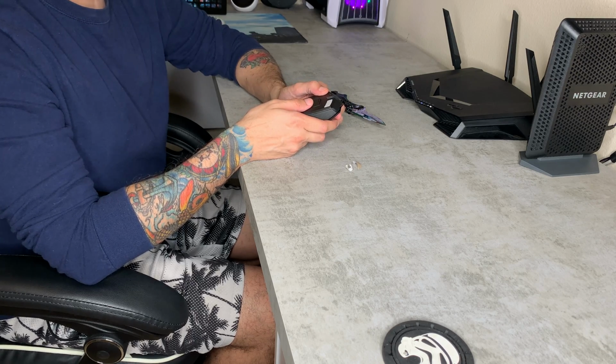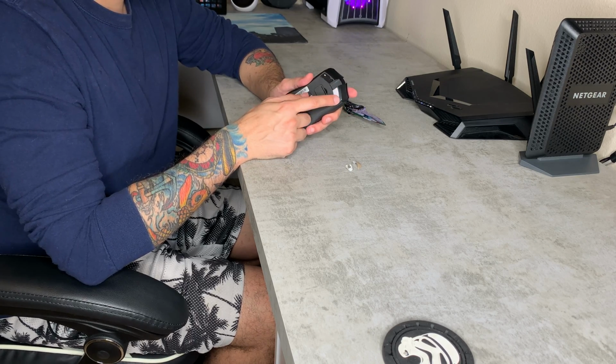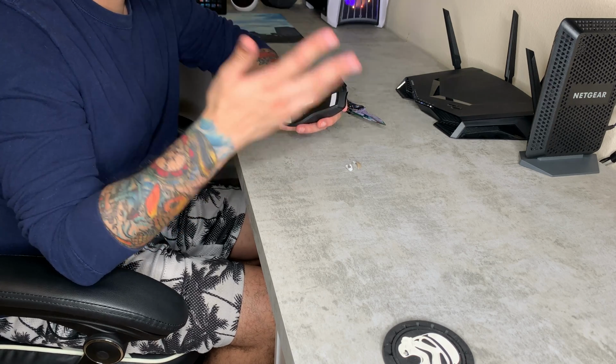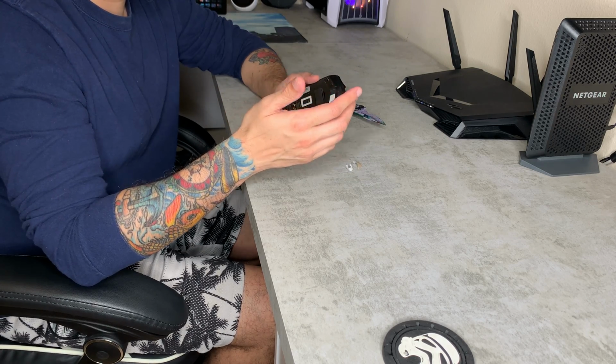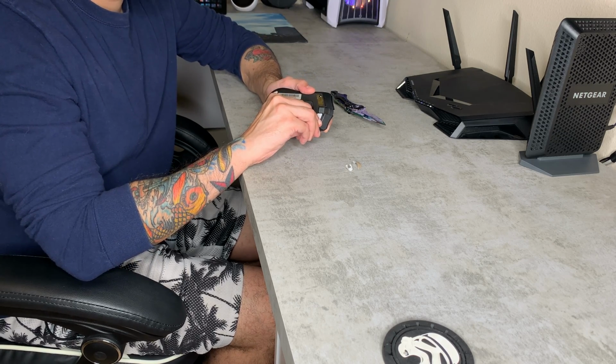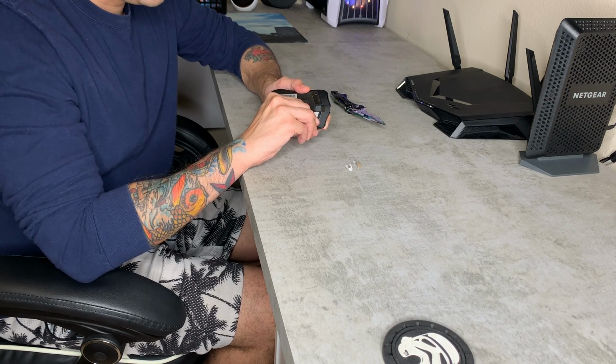So we're going to go ahead and remove these. If you're having difficulty because the adhesive is on there really well, you can grab a heat gun, or if you don't have that, grab a hair dryer. If you don't have that, I don't know, blow on it or something. But no, heat will definitely help to break up that adhesive a little bit and make it easier to peel